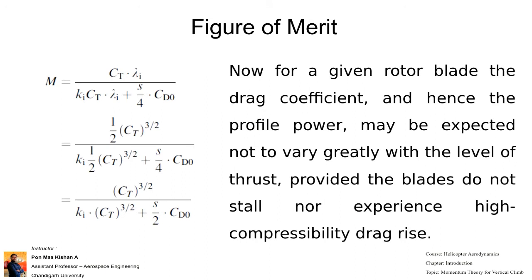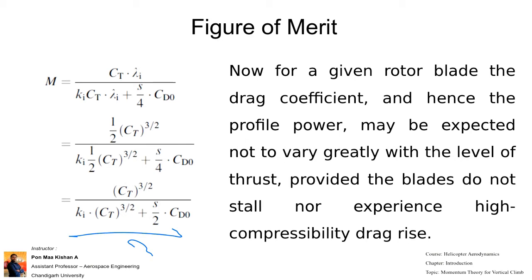Right. So for what we have calculated, we have to substitute that value in order to get the figure of merit. Whatever we have calculated in terms of coefficients, that is non-dimensional numbers, we have to apply in the equation of figure of merit. So we will get the final value for figure of merit. Based on the figure of merit, the rotor efficiency is there.